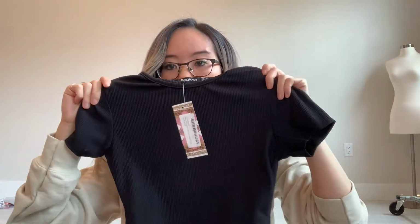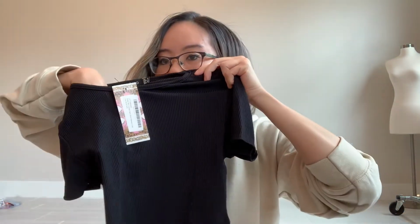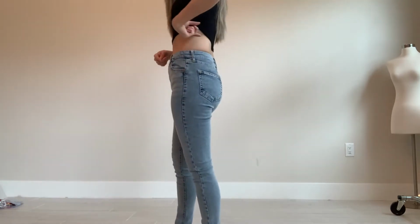Okay, this is a short sleeve crop top. Ooh. Yes, so I have crop tops, but this is a different material. You can see it's a bit stretchy. It's not see-through, so that's good. Okay, so this is really nice. Can't wait to try this. It's size 2 in the US, so I think this is extra small for me. What do we think? I like that it's curved right up here, because on the side,